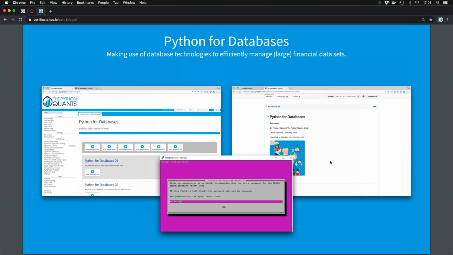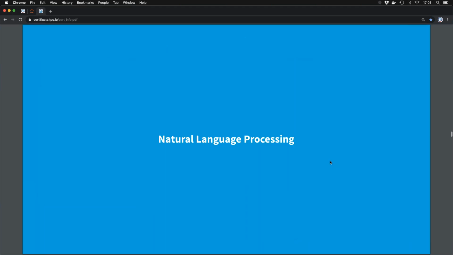Speaking of synergies, this class is recommended to get started a little bit later so that you have first experiences with the cloud, because we would expect you to run all that stuff in the cloud, again in a separate environment. Maybe in a Docker container this would work as well, but usually we recommend using the cloud. Then natural language processing, of course, getting more and more important these days,